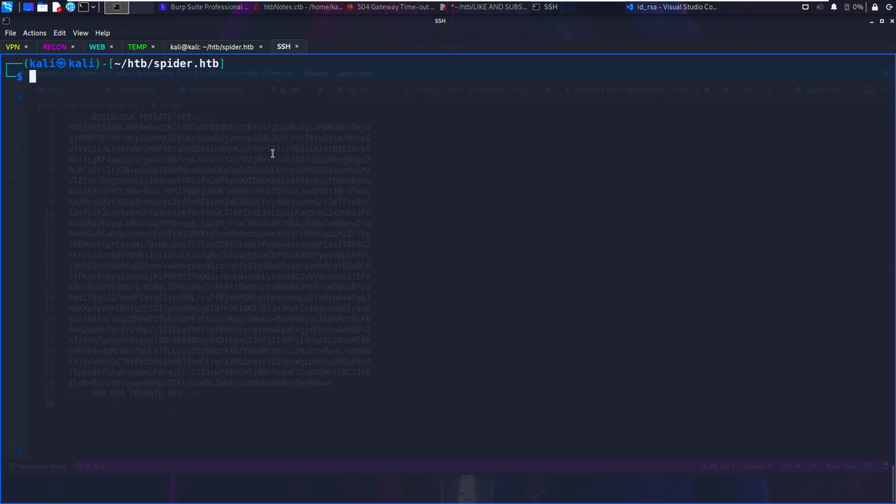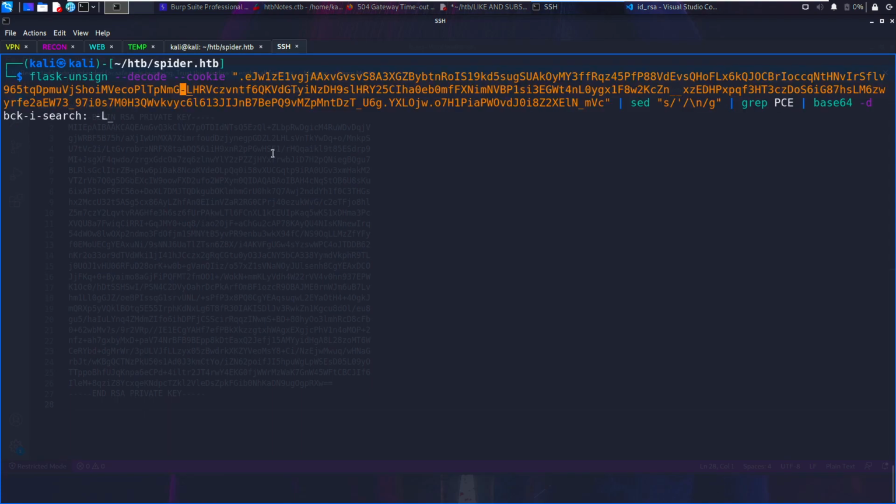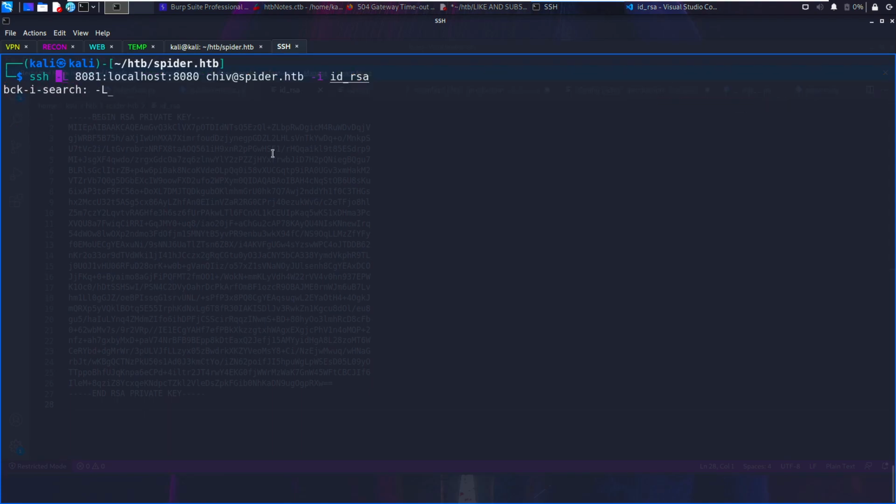I'm going to go into the SSH console and set up a redirector. So 8081 will be routed via localhost to 8080 on the Chiv host. Basically, what that means is we're setting up an SSH tunnel. All connections from 8081 on localhost will be forwarded to the Chiv host. For example, if I now go to